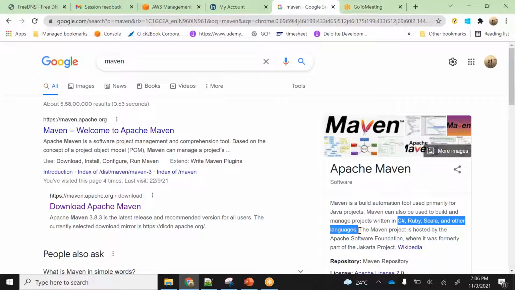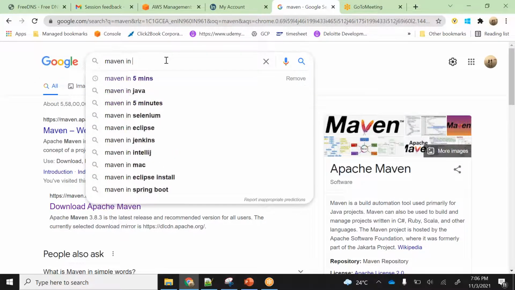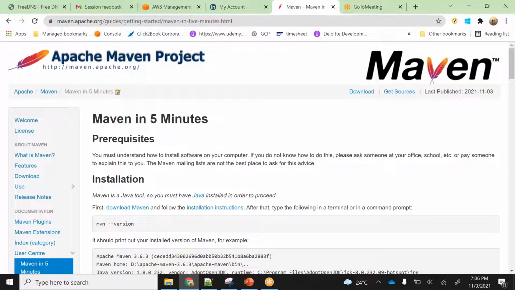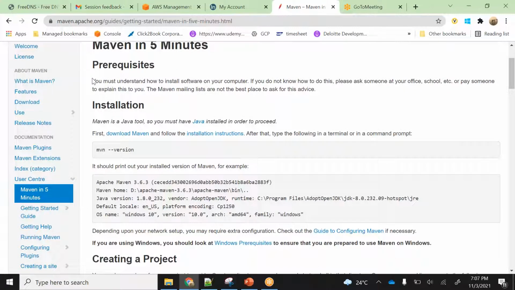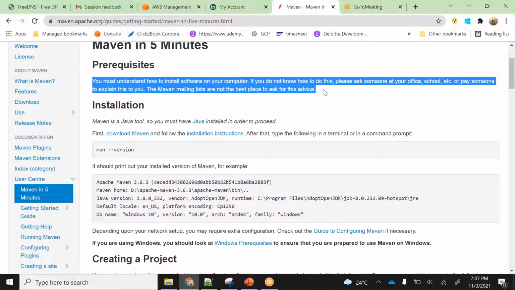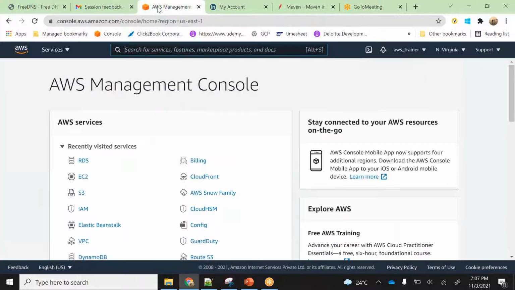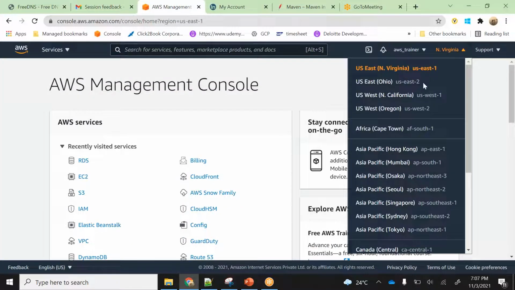Now, I want to get started with Maven. So I will search for Maven in 5 minutes. I just want to quickly start Maven in 5 minutes. This is a small project which Maven is going to give me, and it says you need to understand how to install this software and how this software works. To make Maven work, it should have Java pre-installed. If Java is not installed... now let me come to my AWS environment and go to my Mumbai region,